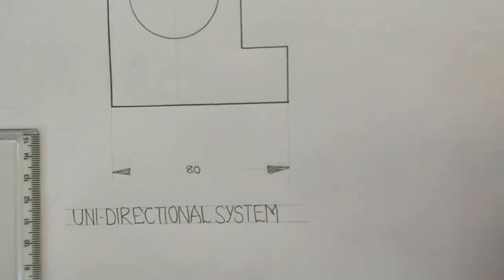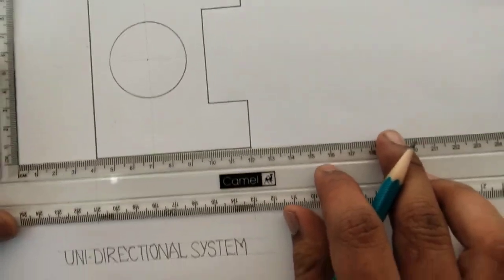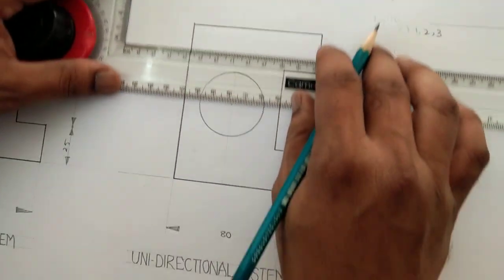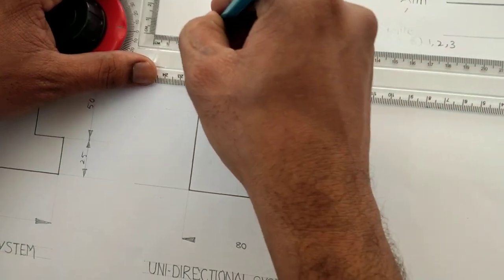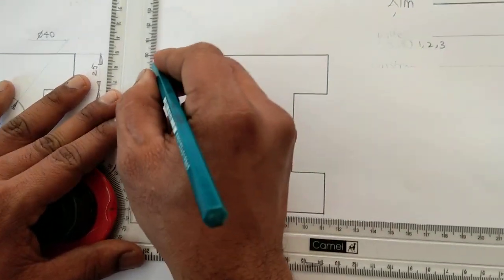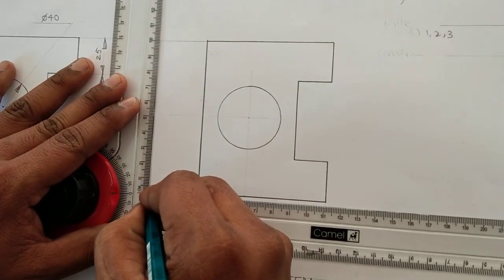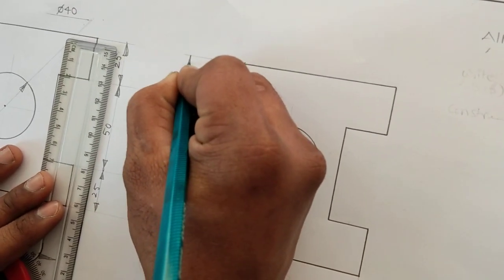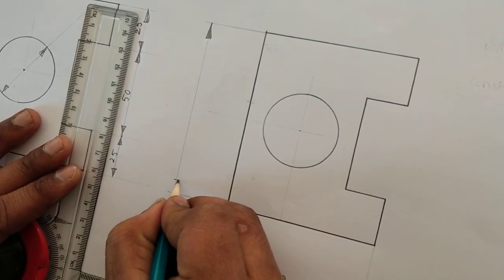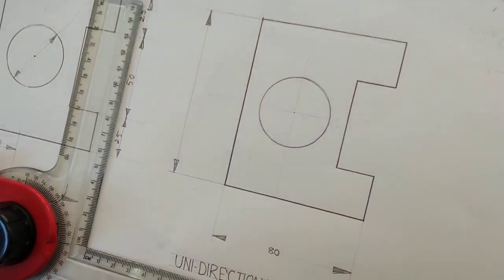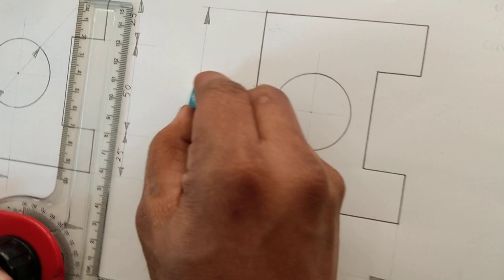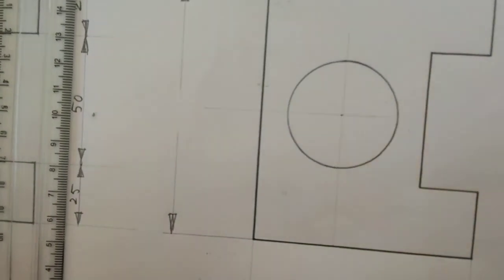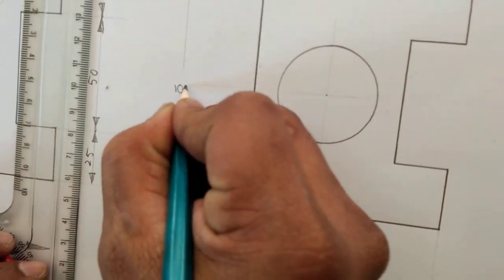Then we can move to another dimensional line. Here I am going to give the dimension to this particular line. Again I am constructing 2 extension lines from each end point of the line. Then construct the dimensional line parallel to the main line, and give the arrowheads at both ends. Next, don't place the dimensioning figure in the middle and above the line. We should erase the middle portion, then write the dimensioning figure within the broken lines. This dimension is 100 mm, so we can write 100 mm in this way.